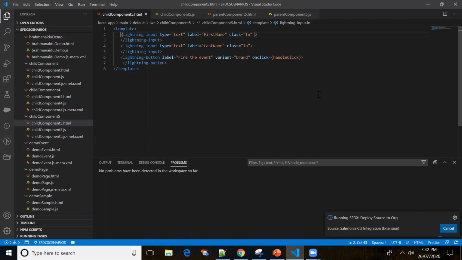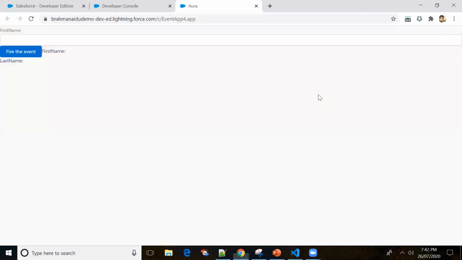Okay, so it's loading. We are successfully able to deploy the code to the source org. Let me reload this application since we made some changes to the component.